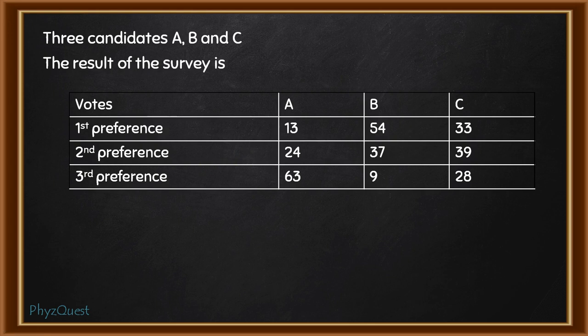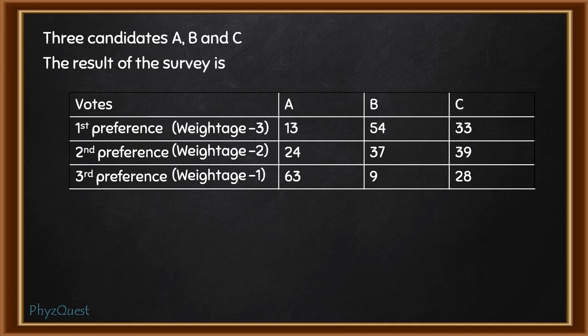So first preference is given the weightage 3, which implies that each vote as first preference will be considered as 3 votes in general. Similarly, second preference is given the weightage 2, and that means each vote at second preference will be considered as 2 votes in general. And lastly, the third preference is given the weightage 1, so that means each vote as third preference will be considered as a single vote only. So let us find out which of these is the most preferred candidate.